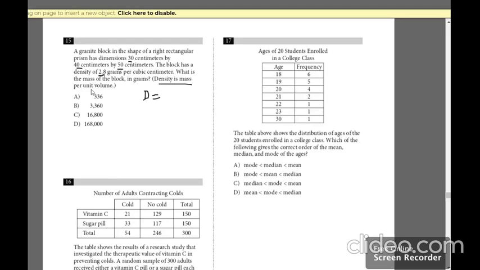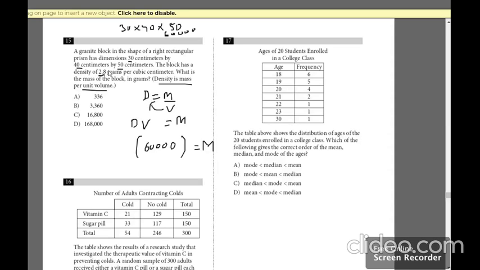The criteria is given. Formula: density equals mass per volume. So to get mass, multiply density with volume, and you know the volume of the prism is just the multiplication of all these: L times B times H, length, breadth and height, that is 30 times 40 times 50, which is 60,000, equals m. That's what we have to work out.